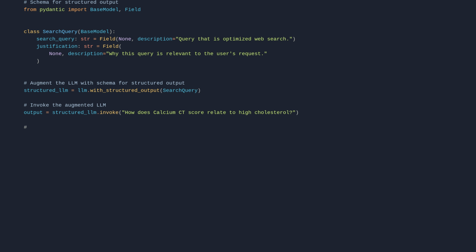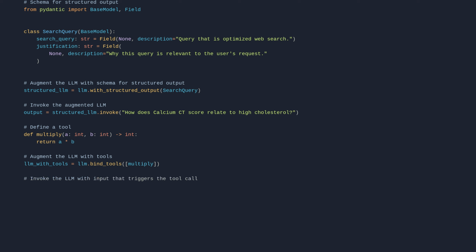# Define a tool. def multiply(a: int, b: int) -> int: return a * b. # Augment the LLM with tools. llm_with_tools = llm.bind_tools([multiply]). # Invoke the LLM with input that triggers the tool call. msg = llm_with_tools.invoke("What is 2 times 3?"). # Get the tool call. msg.tool_calls